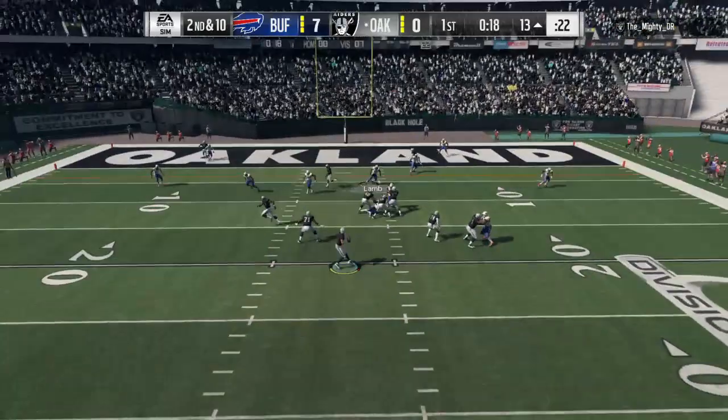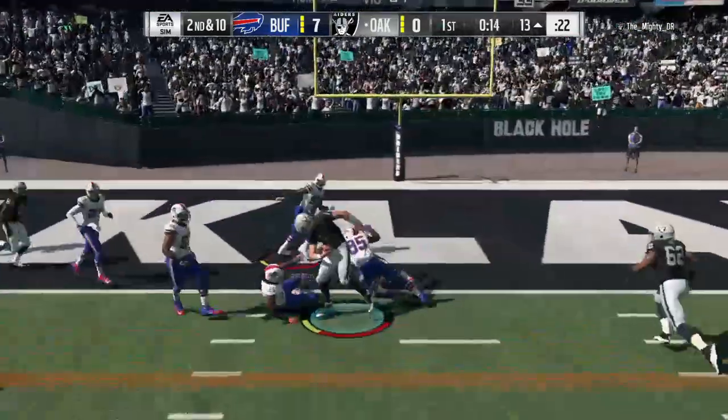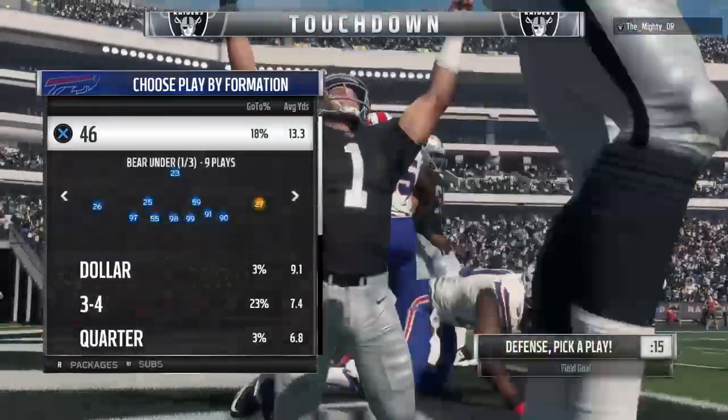Here's a play fake as they set up to throw. Being chased out left. Touchdown, Raiders. Well, the defensive coverage was good, so good he just decided to make a play of his own,